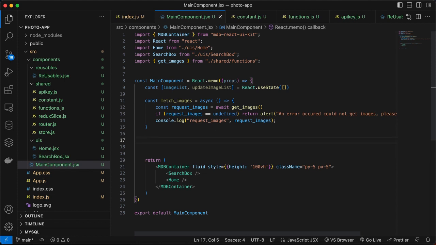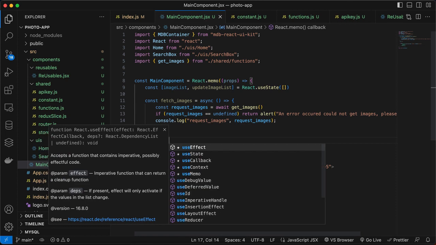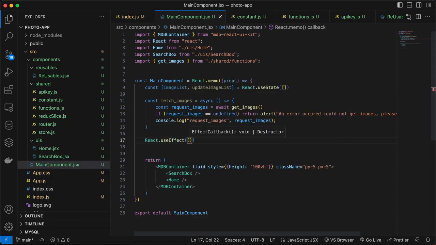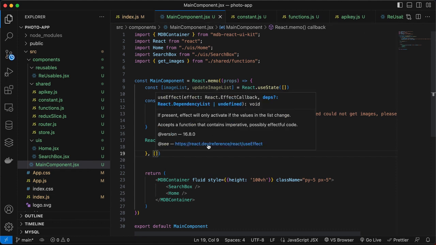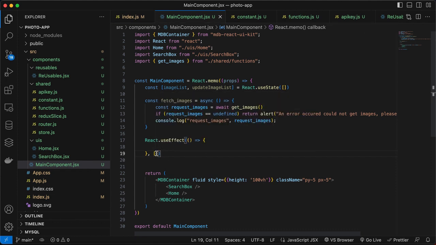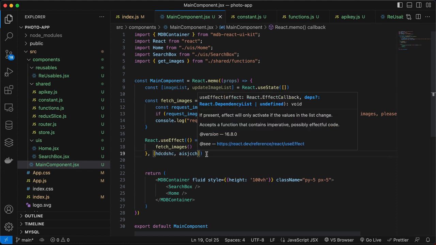So the better way to call it is by using React.useEffect. Then we need to pass in a dependency list. What this dependency list does is that it's going to